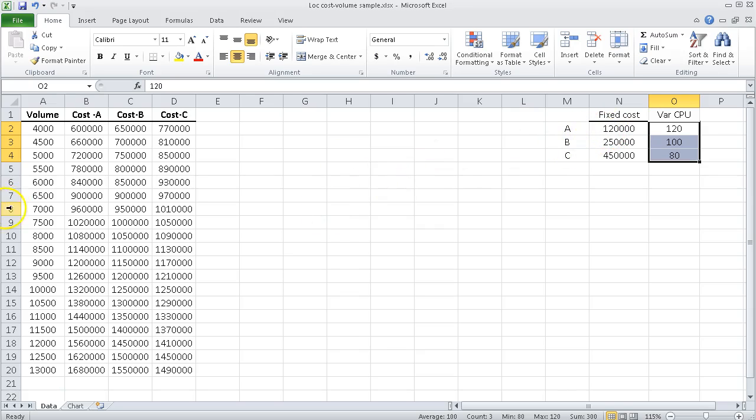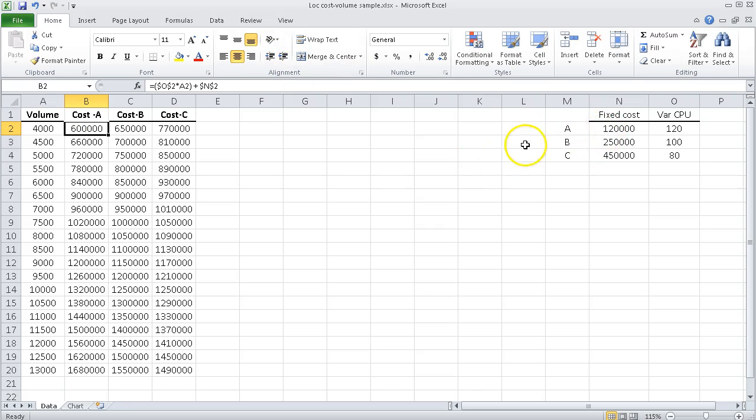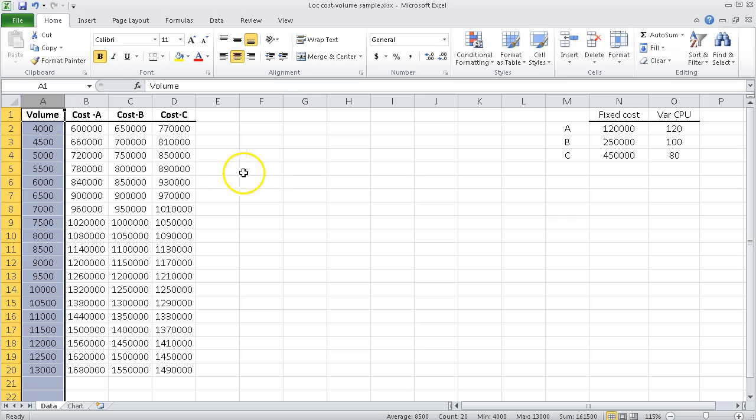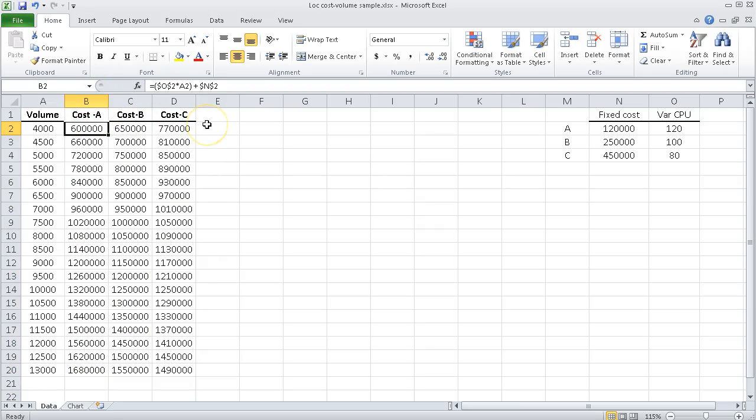So what we want to do is look at our range of possible volumes that we want to evaluate over, and use the equation that represents that location's total cost at each volume level. Your volume column is basically your X values. This is your independent variable. And your cost columns, one for each location, represent your Y variable, the total cost at that volume of output. In each one, we've used the basic linear equation, Y equals mx plus b,